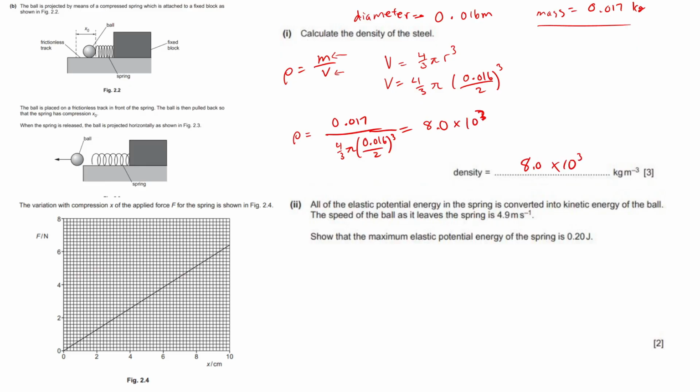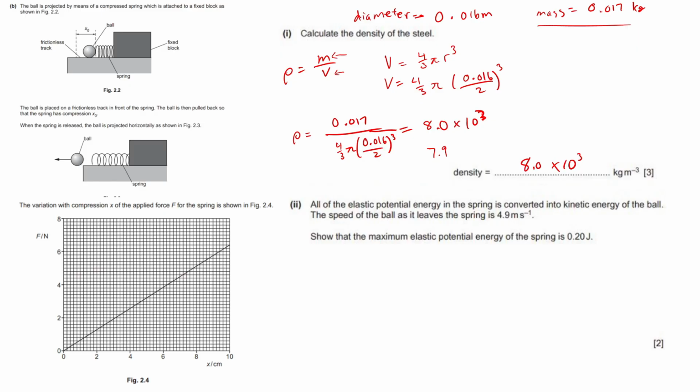For part II, all the elastic potential energy in the spring is converted into kinetic energy of the ball. Oop, alright, I think I forgot to mention one thing: you can get a slightly off answer, because initially when I did this problem, I only got 8,000. But I think 7.9 or 8.1 are still acceptable. Anyway,